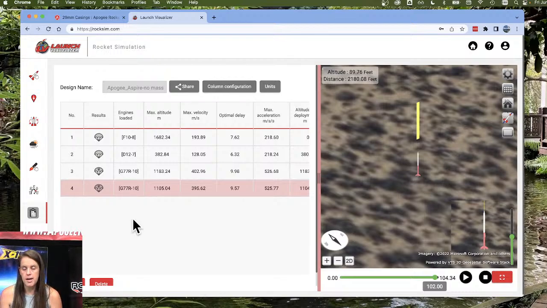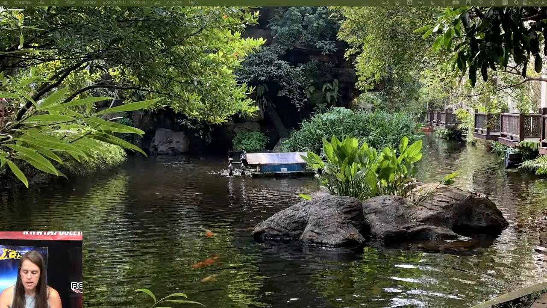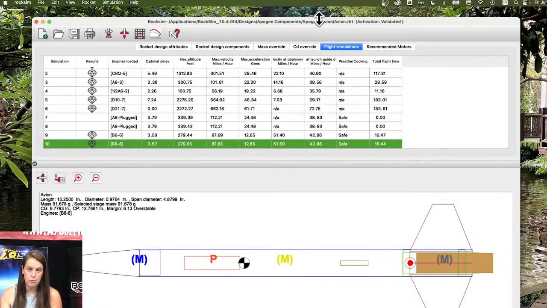So no. The way you would go about that in RockSim is you would use an all rocket mass override. People have asked about that before. How do I account for paint? In some cases, if you're real light on the paint, it doesn't make a big difference. It's a really big rocket, maybe it may not make enough of a difference to matter. But in some cases, if you have 15 layers of paint and primer and you paint it like a